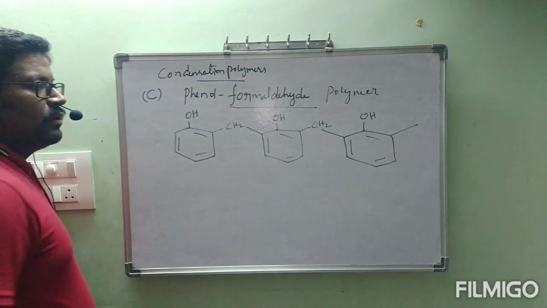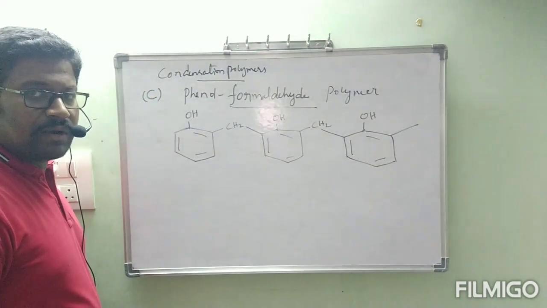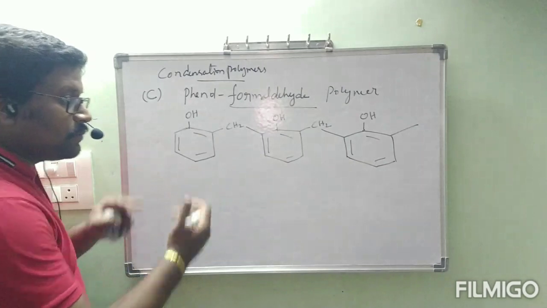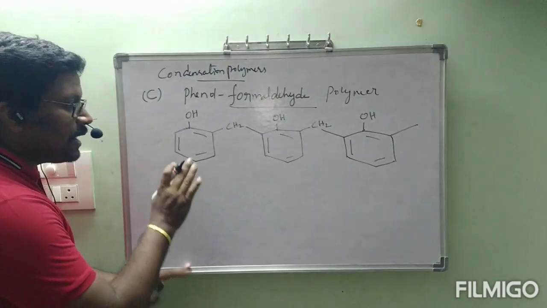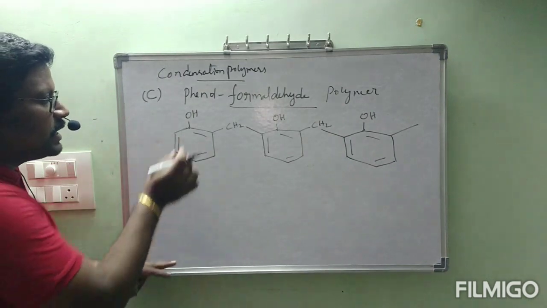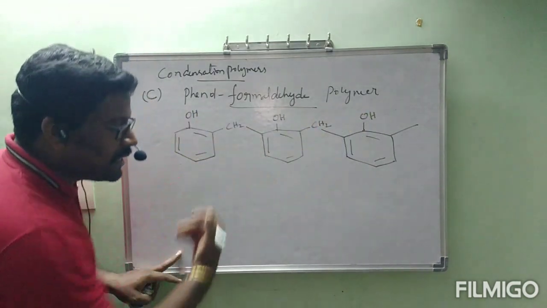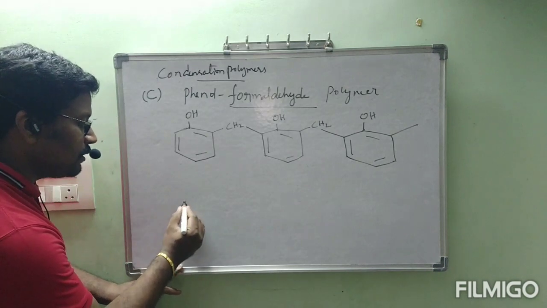Now this is a straight chain. We have represented this one as NOVOLAC. We have one more NOVOLAC molecule, like that we can imagine. That one I am representing in the form of an inverse one. Here the OH groups are above. Now I am writing the OH groups below. Observe carefully.